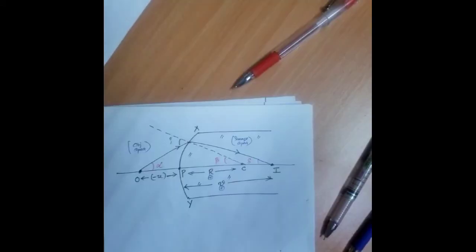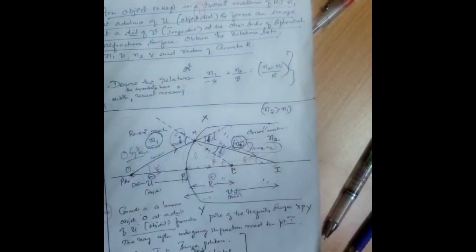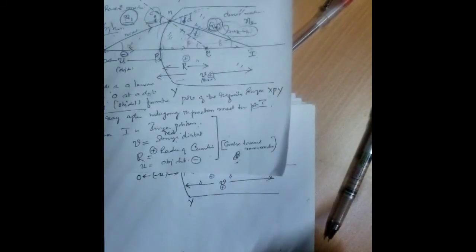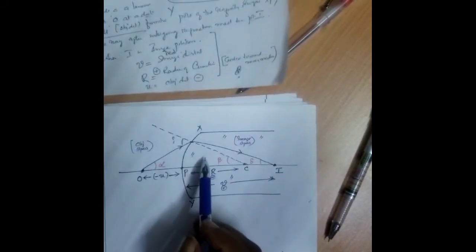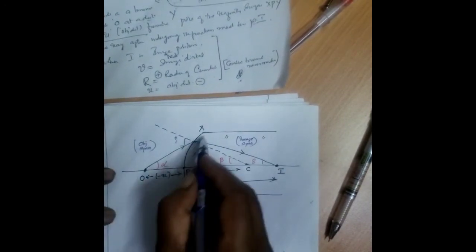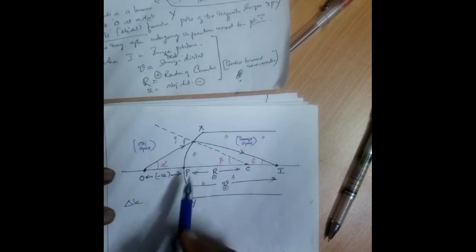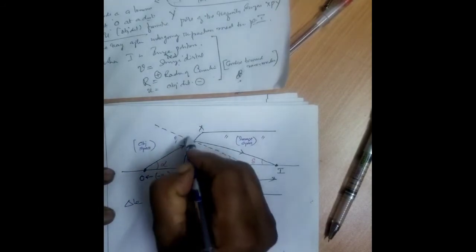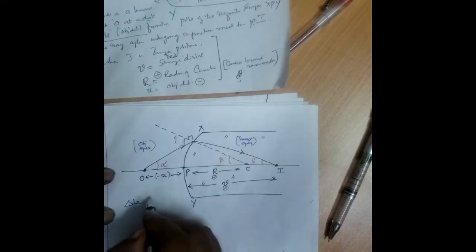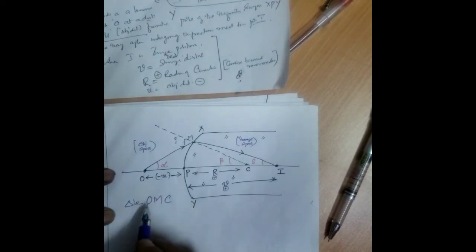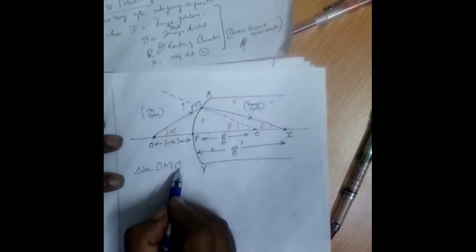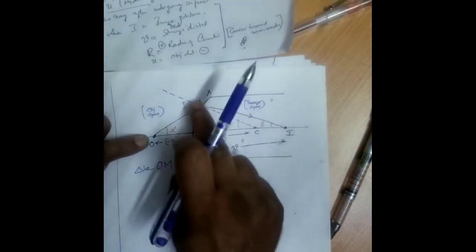Thank you. What I have done is this diagram. Up to 2 marks, I said that is the relation between what? Refractive index, object distance, and radius of curvature for spherical refracting surface. Now, here, the same thing I have drawn here. Okay. Now, you take this from triangle. From triangle, object, this is point of incidence, OMC. Object and center of curvature. Object and center of curvature through point of incidence.